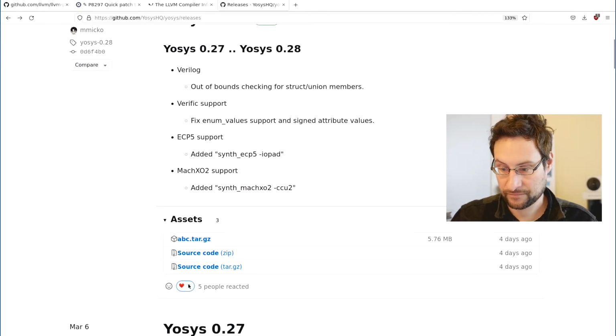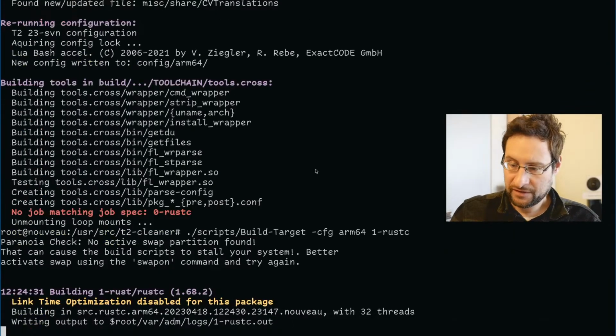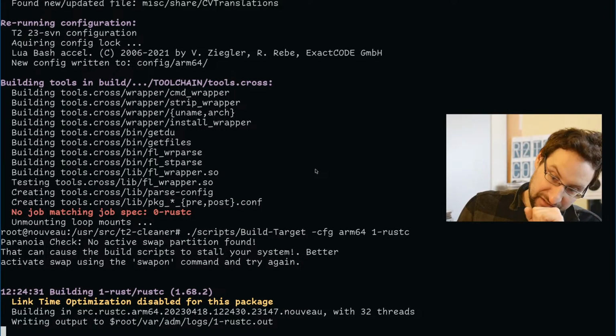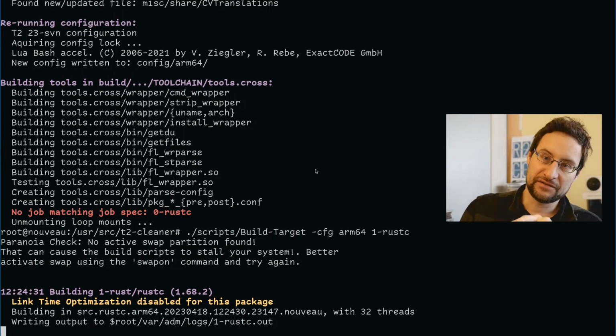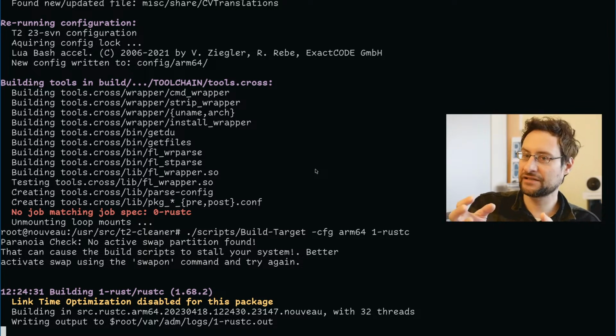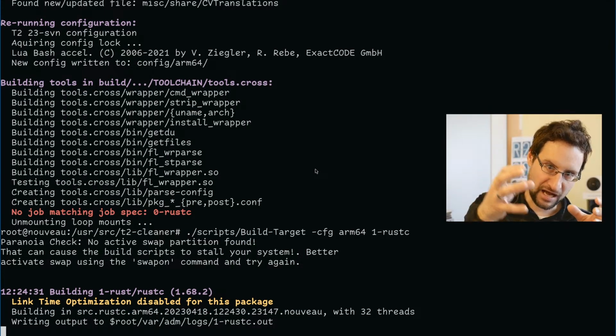Am I logged in? Why can't we like this? Well, whatever. Modern web. Oh wait, so this is actually, we're building the Rust version. I didn't even want to build this Rust version, but it doesn't really matter. This Rust version, as I mentioned, the only constant is change and regressions. So this Rust version doesn't fully bootstrap for me, meaning the cross compiler for me is not able to compile the Canadian cross compiler, meaning on x86 building then the ARM64 native